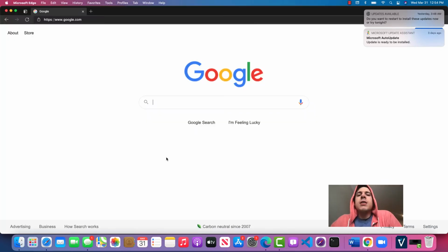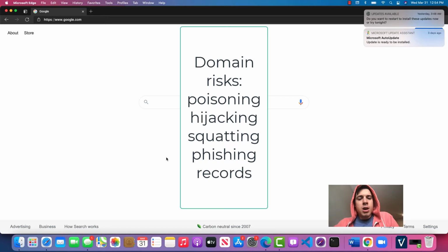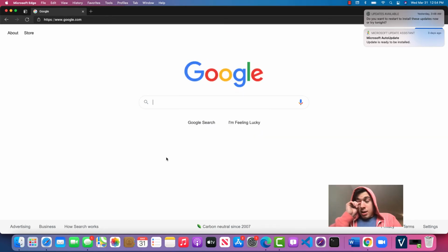The first thing you need to know is we need to choose a secure domain registrar, because beyond the IPs, every website usually has a domain name. For example, 8.8.8.8 runs Google's public DNS resolver. That is a service where you call out typically via port 53, that's a UDP port for the DNS protocol. You're calling out from your machine and you're like, hey,